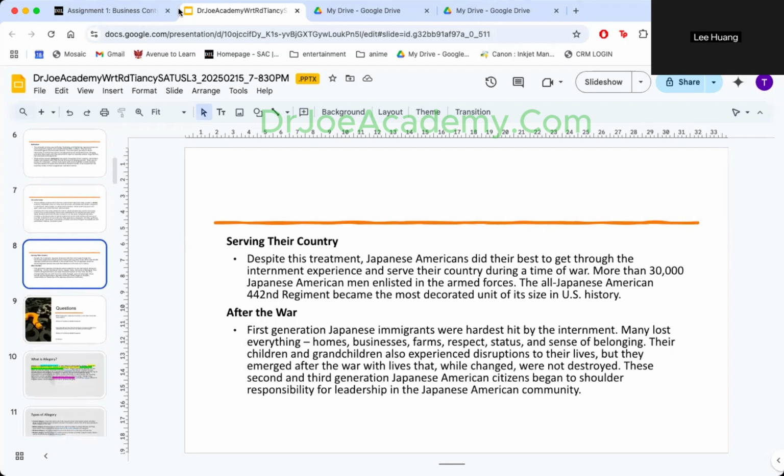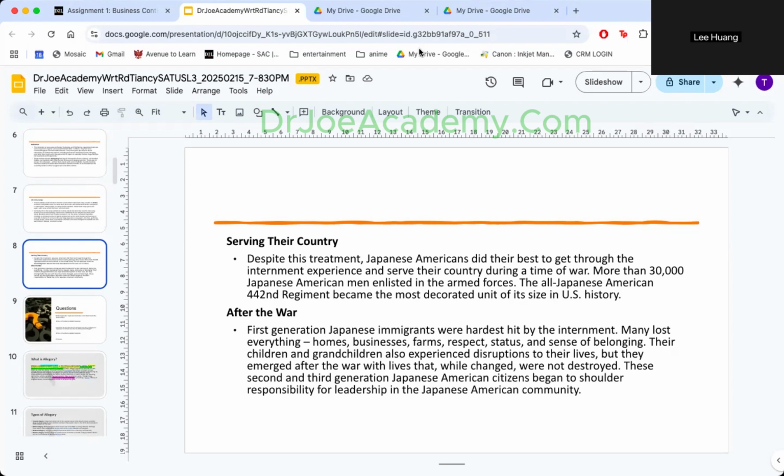Serving their country. Despite this treatment, Japanese Americans did their best to get through the internment experience and serve their country during the time of war. More than 30,000 Japanese American men enlisted in the armed forces. This all-Japanese American 442nd Regiment became the most decorated unit of its kind in U.S. history. After the war,